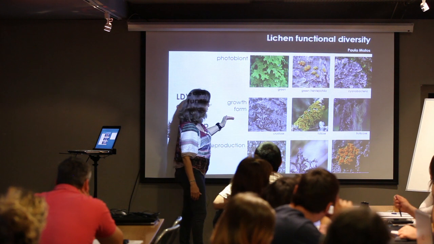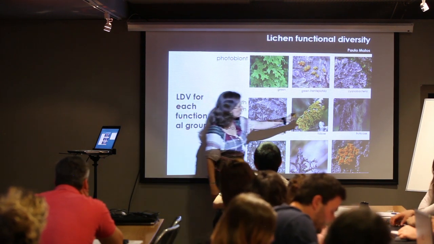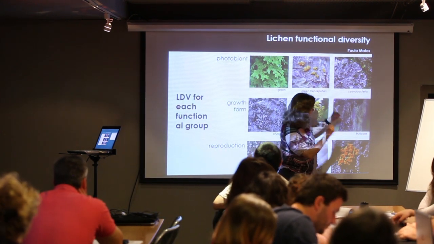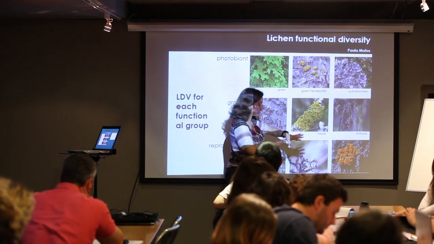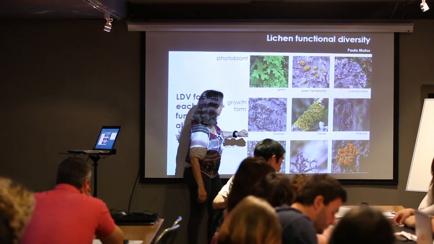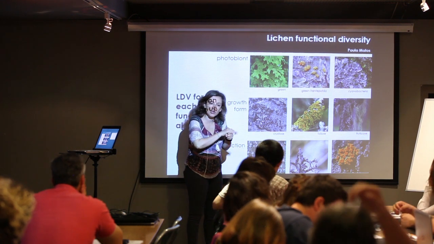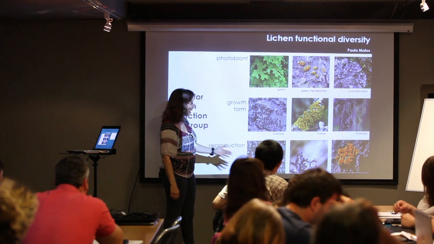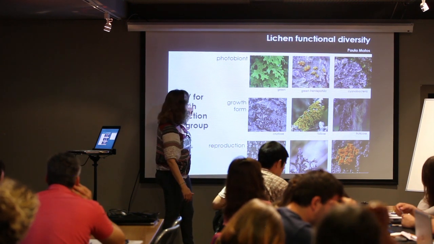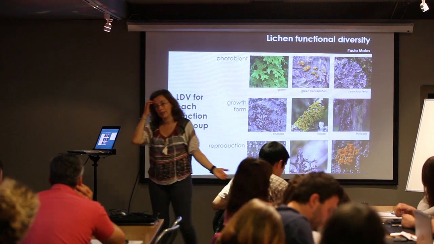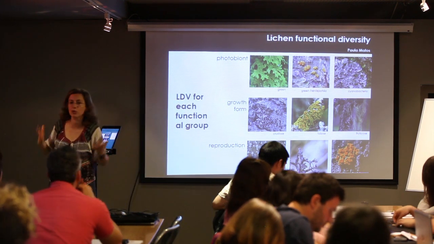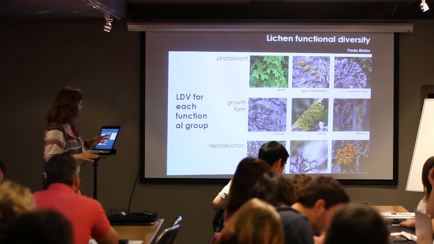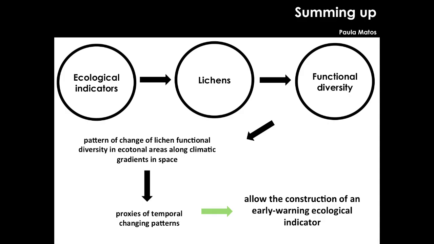Another type of trait is growth form. For example, foliose lichens, those three-dimensional lichens that we can see very easily, like leaves around the tree, and then crustose, which are on the stones and on the trunks, which you almost don't see. And then reproduction, so they can have different types of reproduction as well. So you have some traits you can easily identify even when you don't know the species name. And so what Paula is doing, who is a PhD student, is looking at this. And what she built,